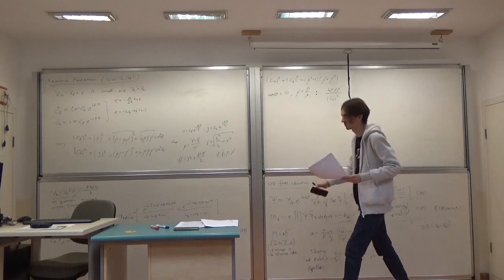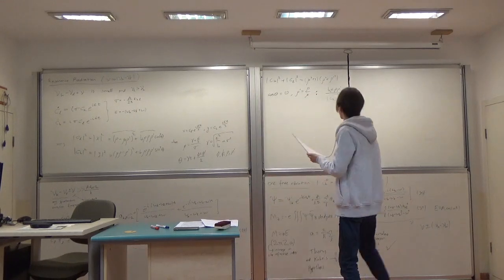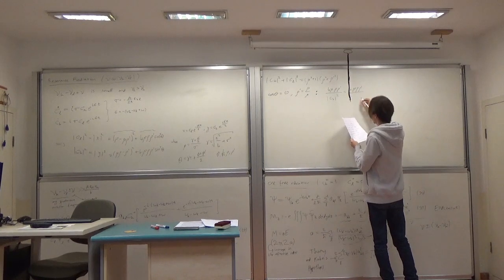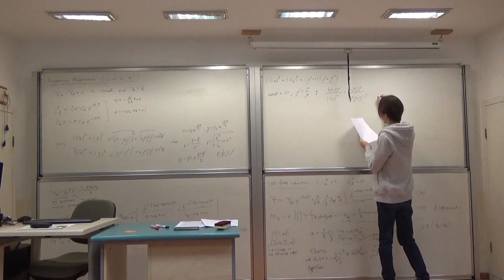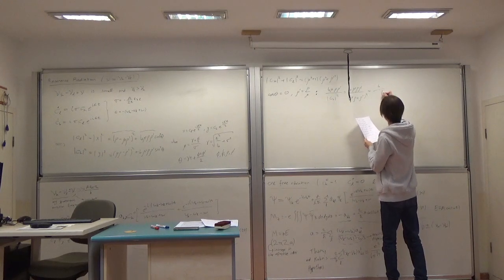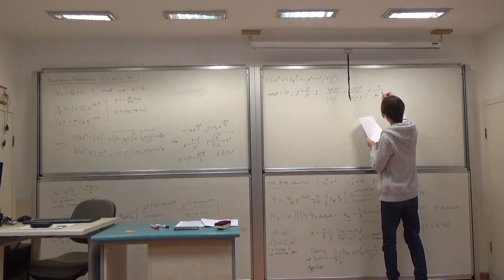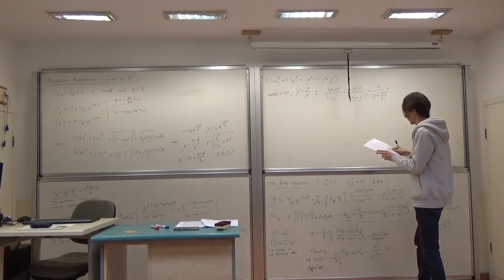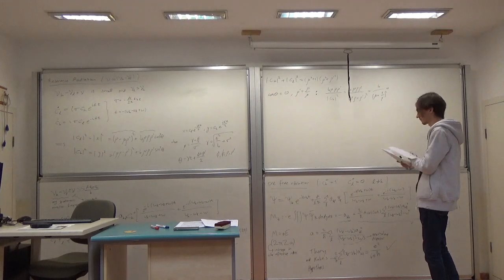That is 4 mu rho prime over mu rho plus rho prime square equals 4 over mu plus 1 over mu square equals